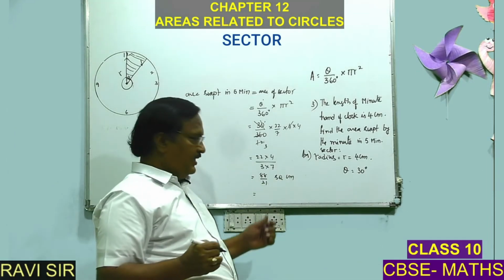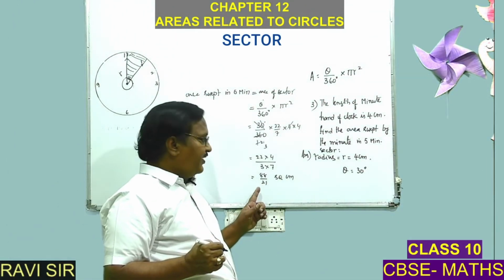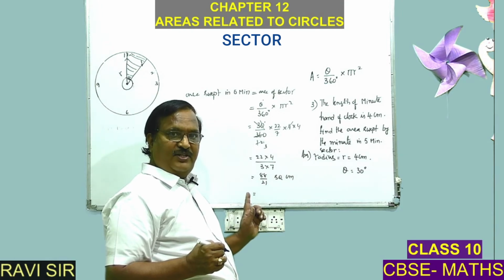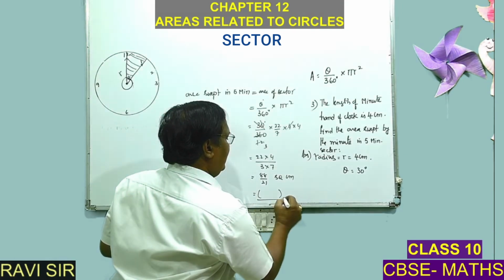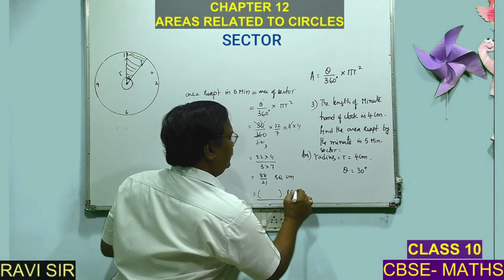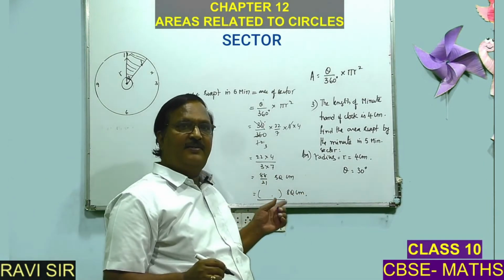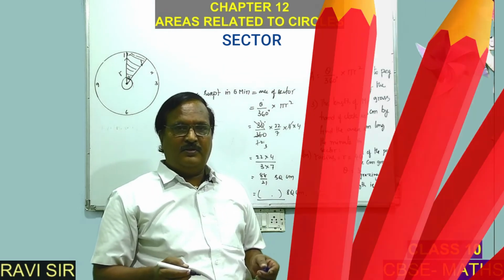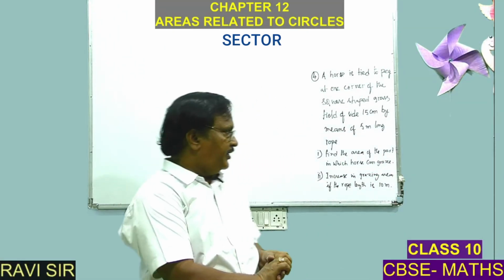So, it is an improper fraction. You should convert this into either a mixed fraction or a decimal number. So, let us calculate in decimal form. I am not doing it, it is for you to do. Thank you. Let us go to one more important question.